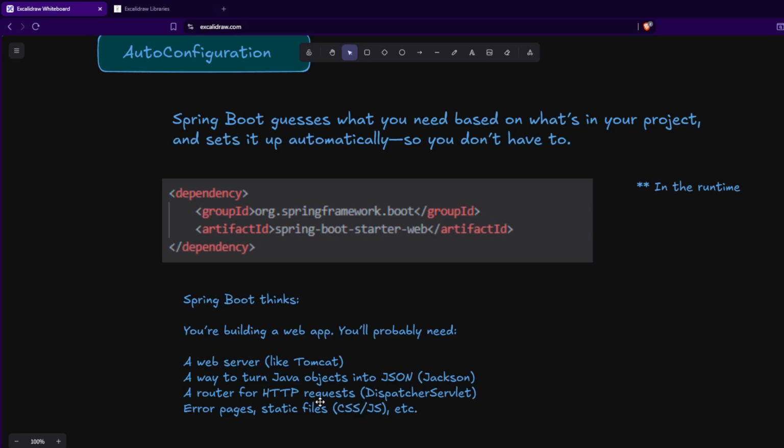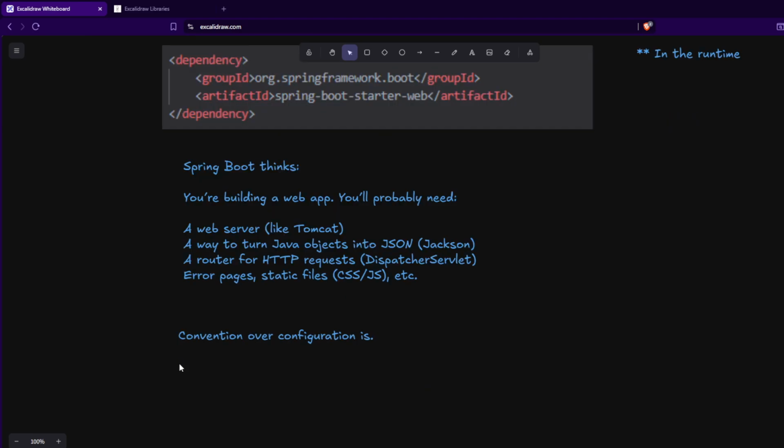So for that you need Jackson, and to serve the HTTP request behind the scene, what this Java runtime requires is the dispatcher servlet, and there are things like the error pages, the various CSS and the JS files. Everything Spring Boot sets up by itself, so you do not have to configure it yourself. During runtime, the code compilation is already done. Post compilation, jars are loaded into the JVM, and after the JVM, the auto configuration, like we just discussed, runs,